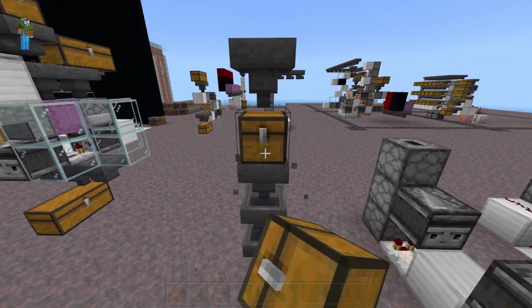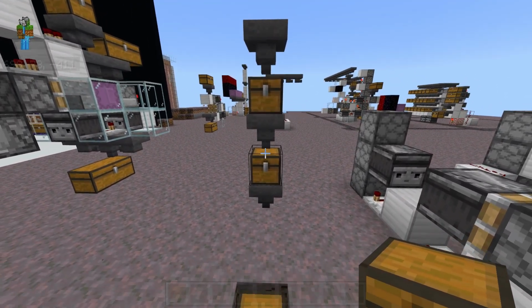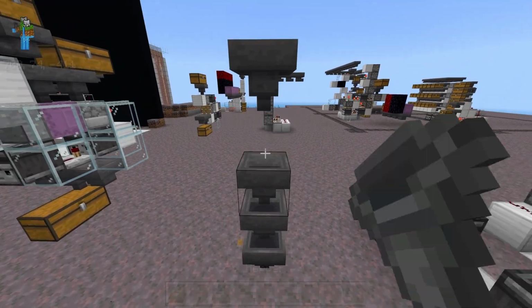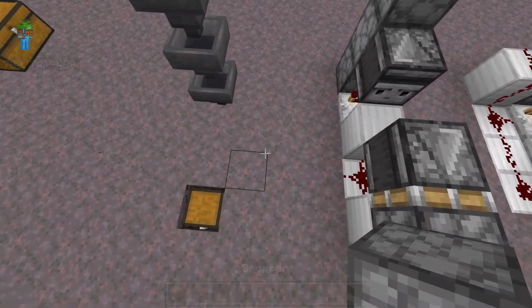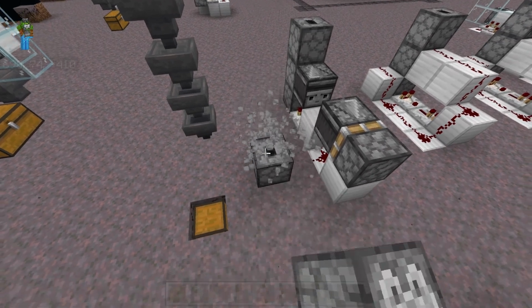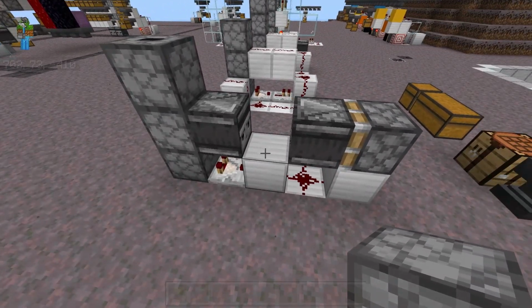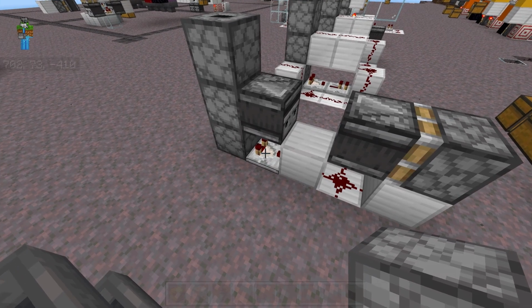But the first thing we need to talk about is how to move items up and down. Moving them down is fairly straightforward using hoppers or hoppers and chests, but moving them up is a little more complicated. Now it's still super easy to use dropper elevators in order to move items up, but this is something that you will need to know when building your custom item sorters because different sorters or different types of machines are going to be at different heights.